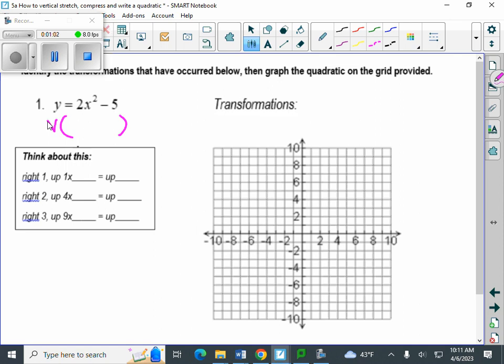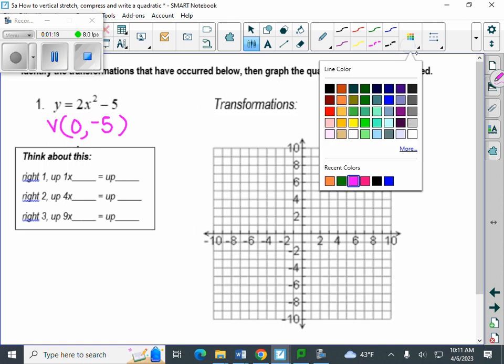In other words, we have nothing, which means that we're not going to go right or left, but we do have the -5, and that's the keep the sign. So our vertex is going to be 0, -5,